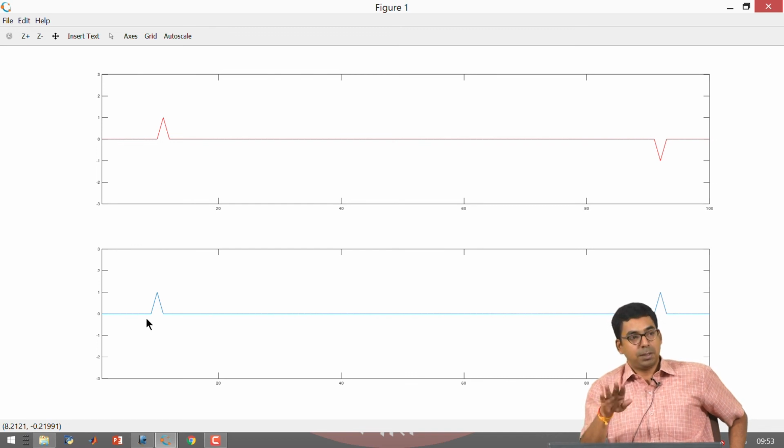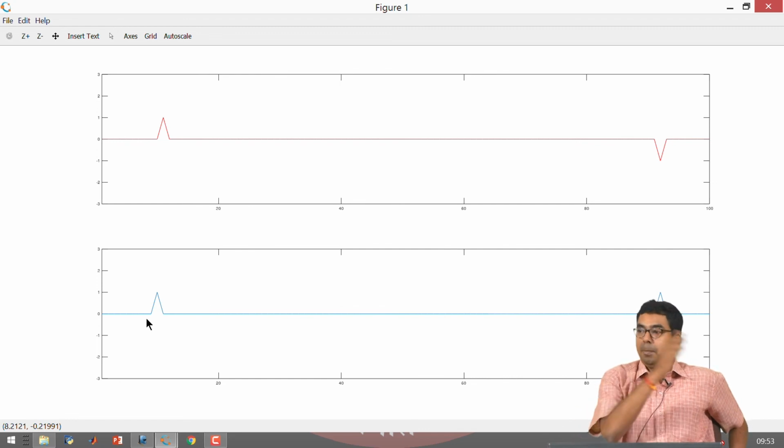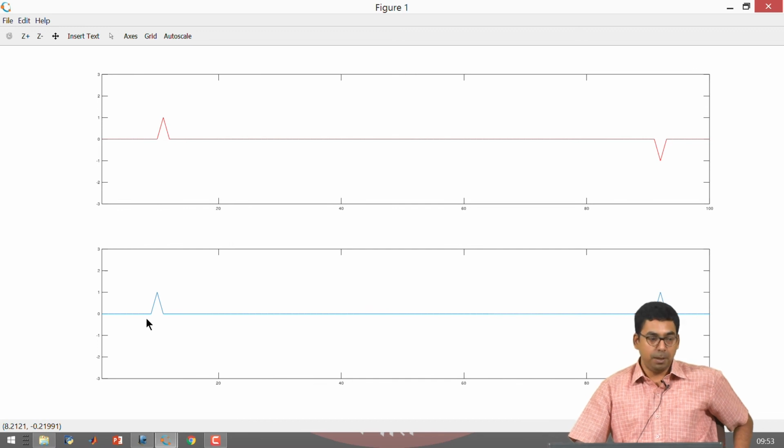Okay. So we'll stop here. We'll go back to the theory in the next class, try to build on this, and then we'll come back with the computer part, and then we'll keep augmenting one and the other. Right. So we'll stop here.